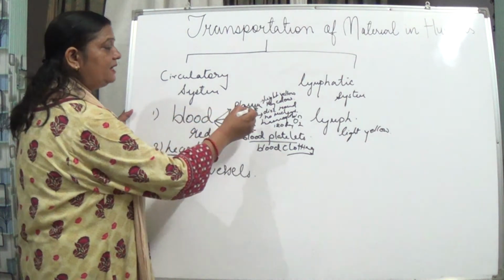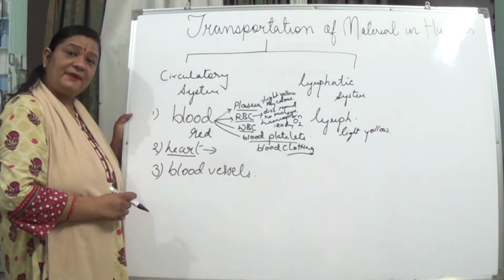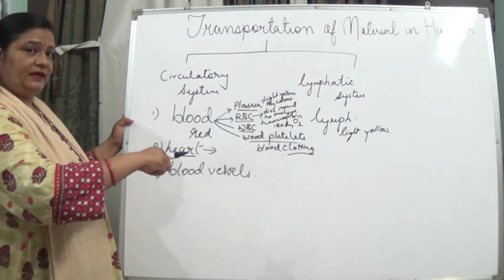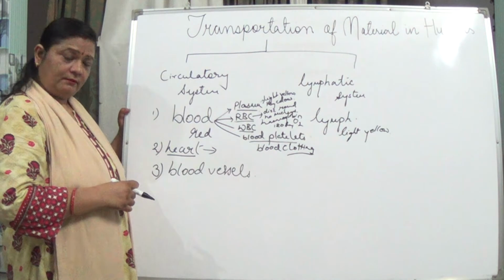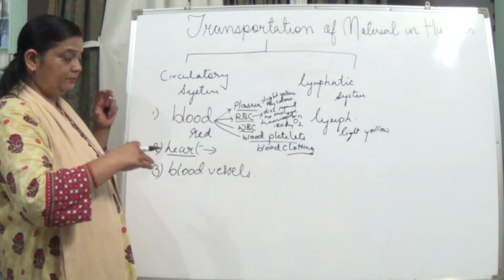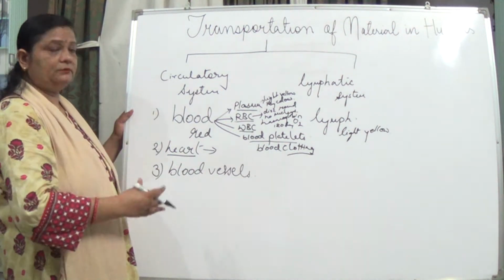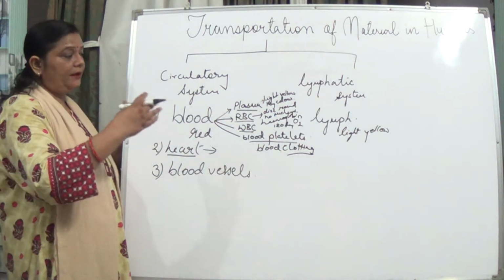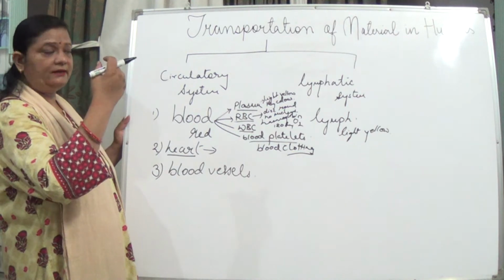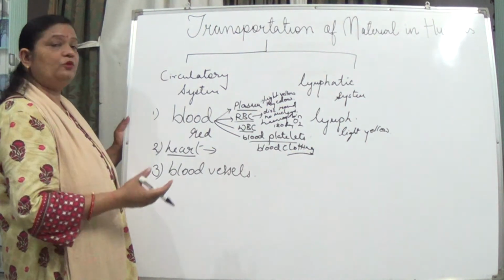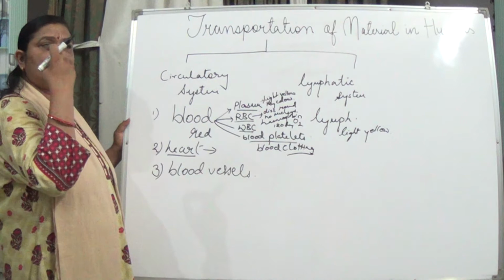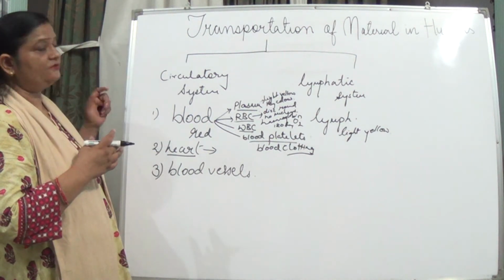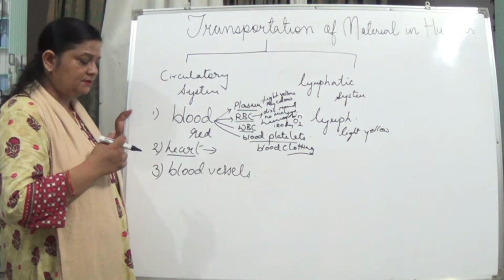Carbon dioxide is carried by the plasma of the blood. We will be studying the whole process right now: how our heart works, and thereby taking this carbon dioxide, deoxygenated blood, and then removing it